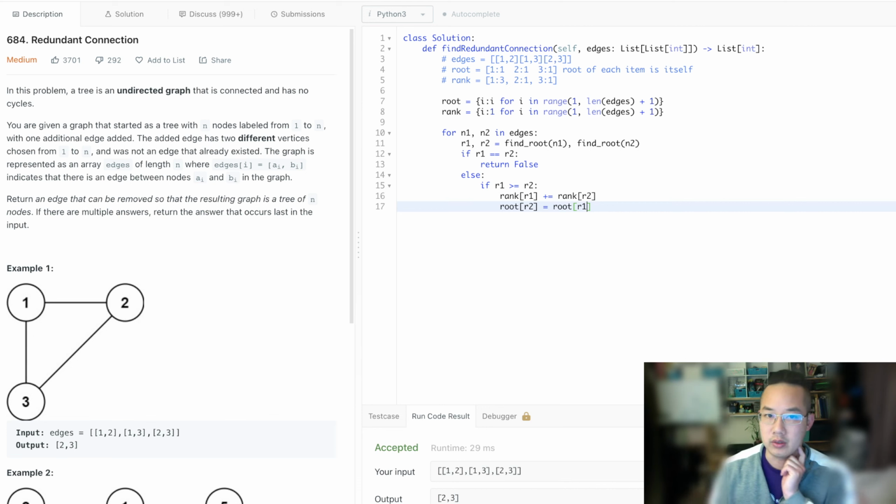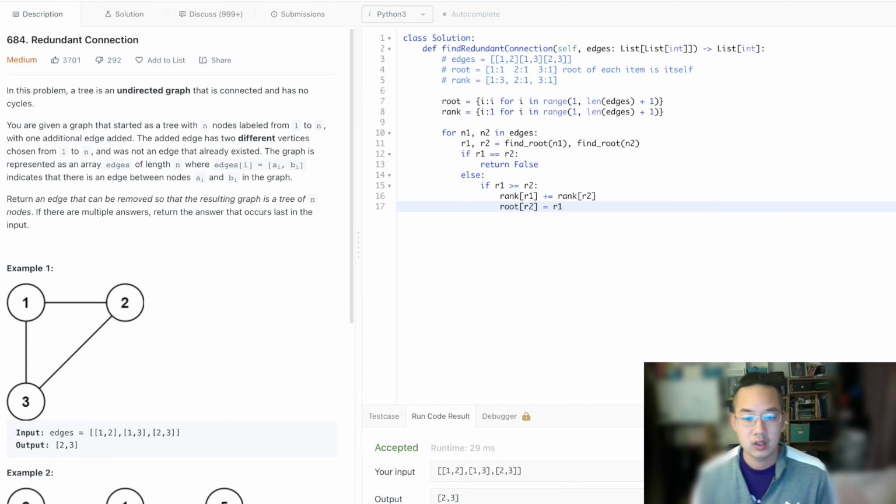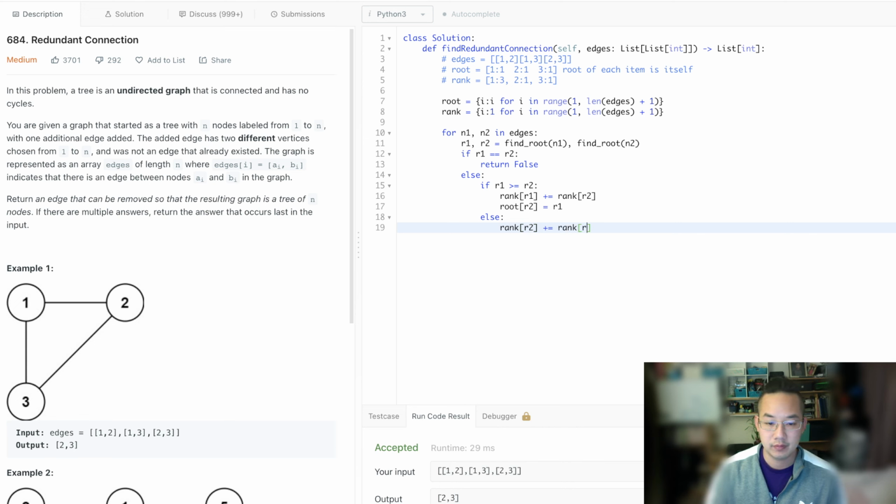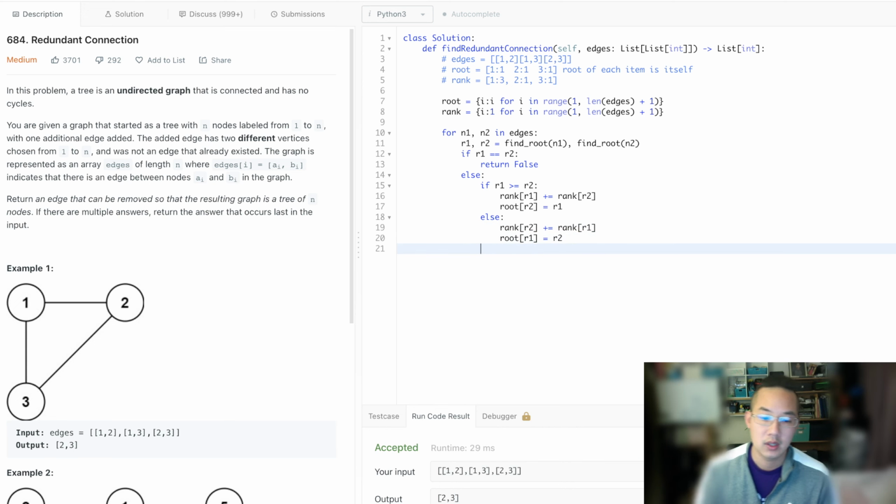Or just R1 in general. But else, rank of root 2 plus equals rank of root 1, and root of root 1 is equal to root 2. With that, we have created our tree